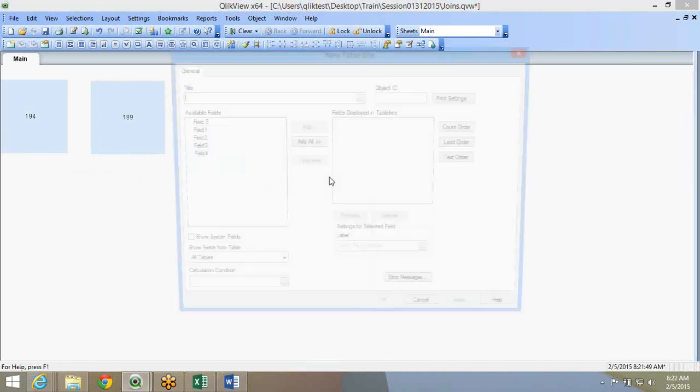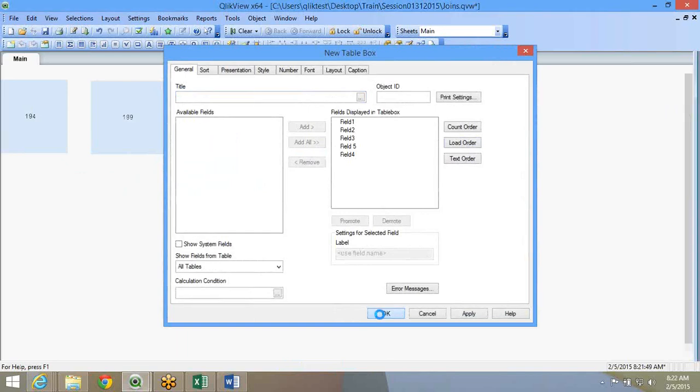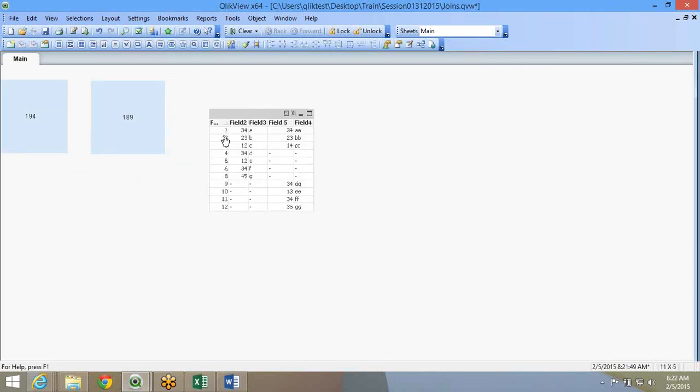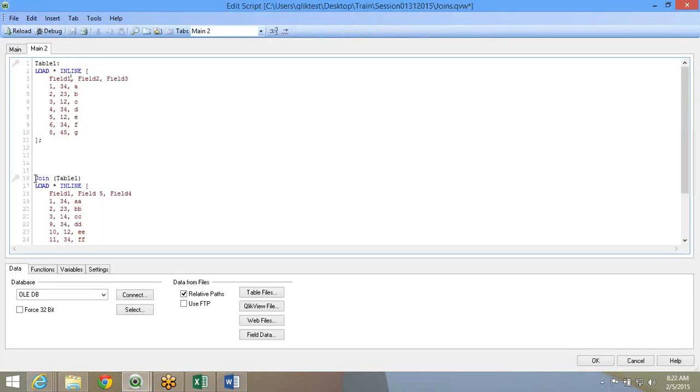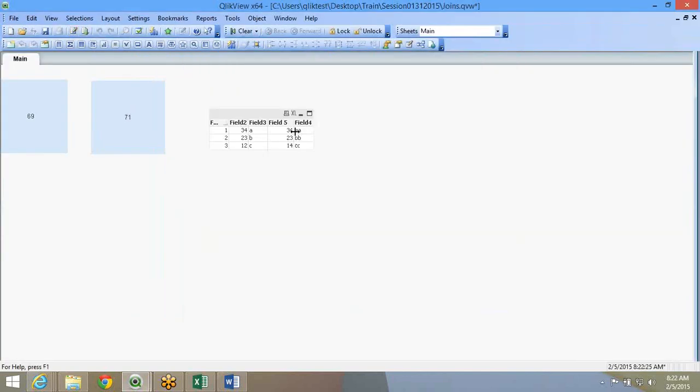Let's just put up a table box and see what comes out. Like I said, whatever records were matching came in, the first 3 records, 4 and 10, 12. In case you want an inner join, the keyword changes, the syntax remains the same. Technically there is no syntax, but the way you use it remains the same. Inner join will give you only 3 records.